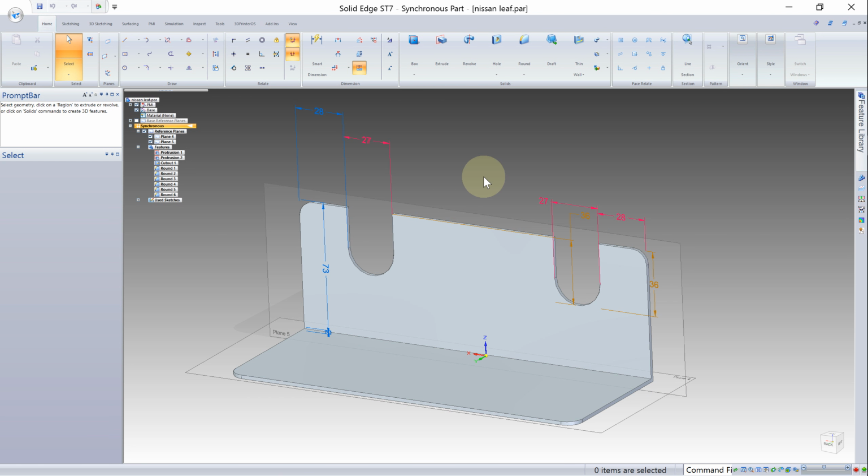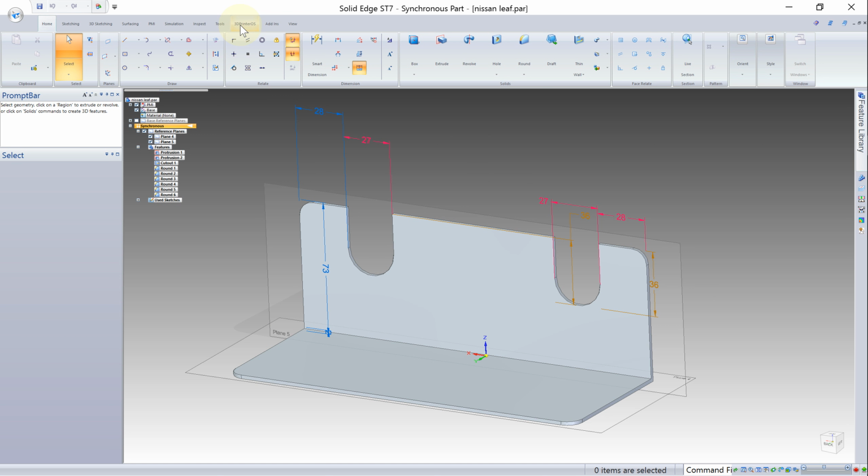Hi, today I'll show you how to 3D print directly from Siemens SolidEdge and also how to upload files directly to 3DPrinterOS cloud for further 3D printing or processing or collaborating on this with your colleagues. So here I have the part. It's part of Nissan Leaf car,